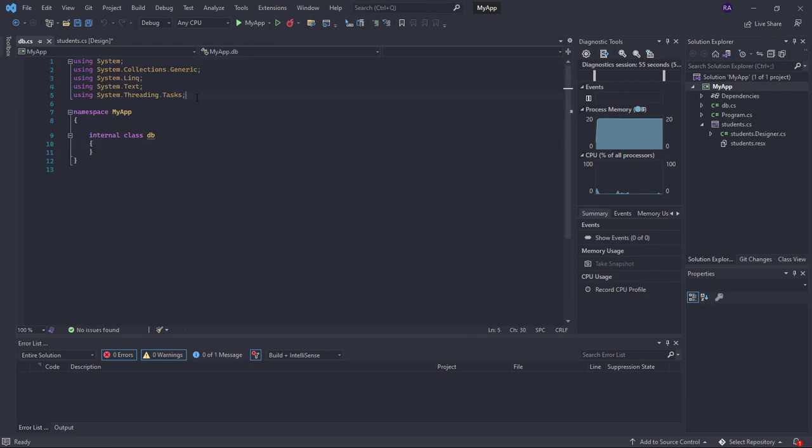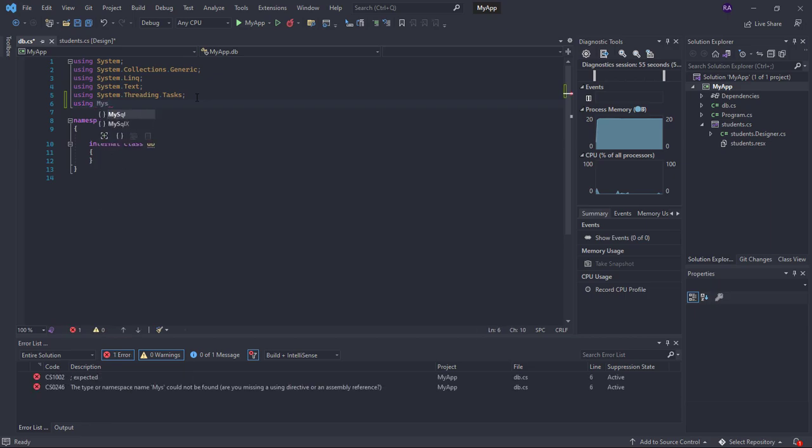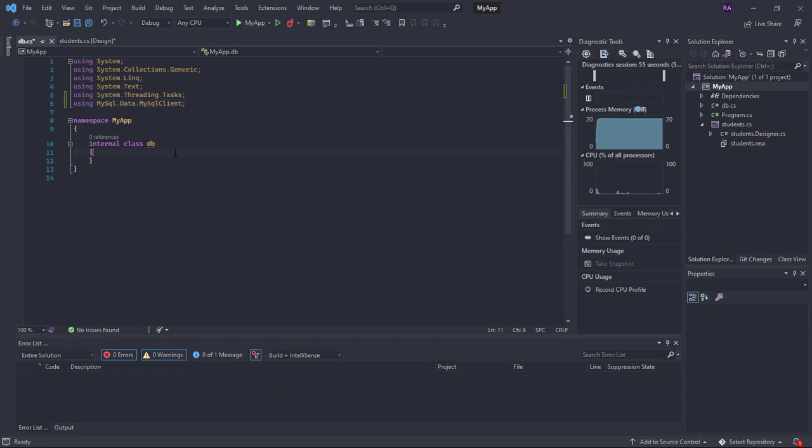So over here I'm going to say using MySql.Data.MySqlClient. Alright. And over here, every variable that we declare is supposed to be a public variable, because we are going to use them in another class. So we're going to say public